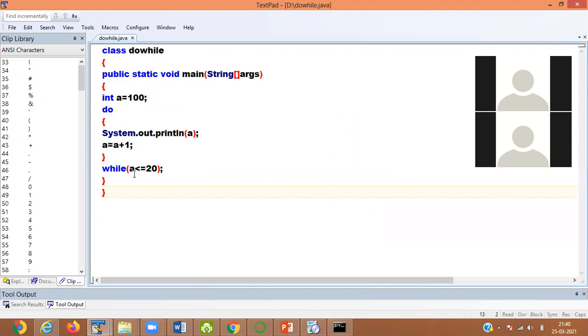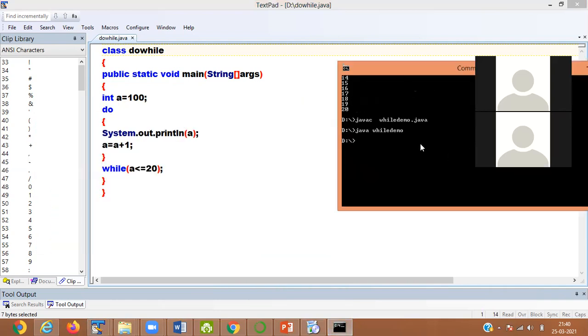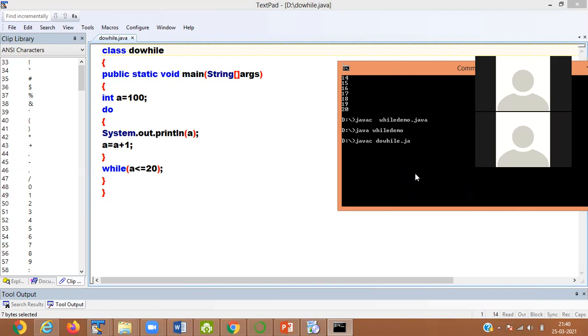So now if you check the condition has given, if the value that you are given is less than 20, then your looping will stop. Okay, it is showing you 100.